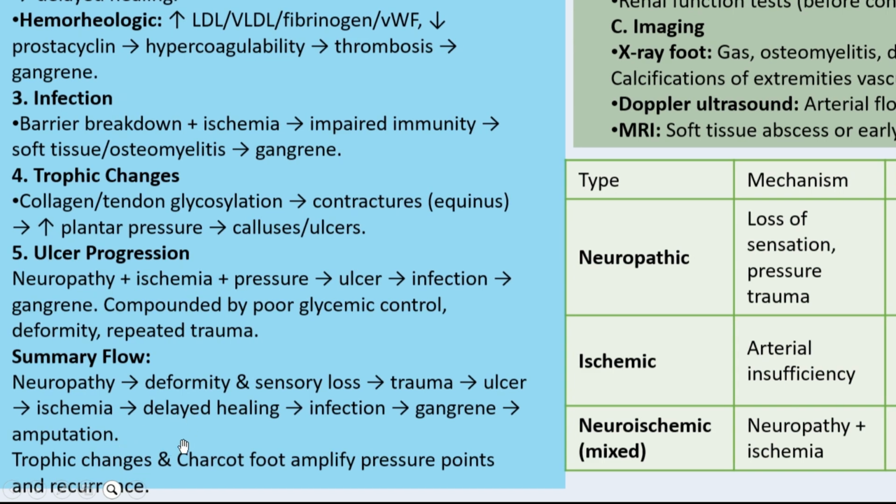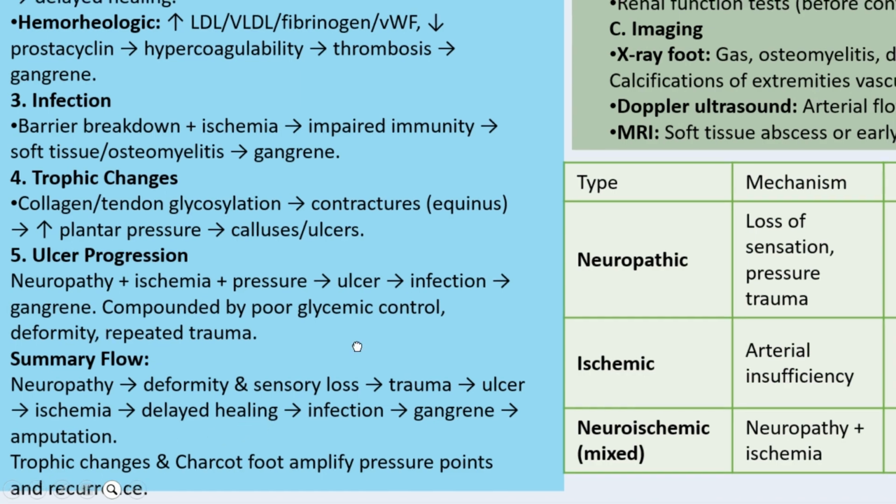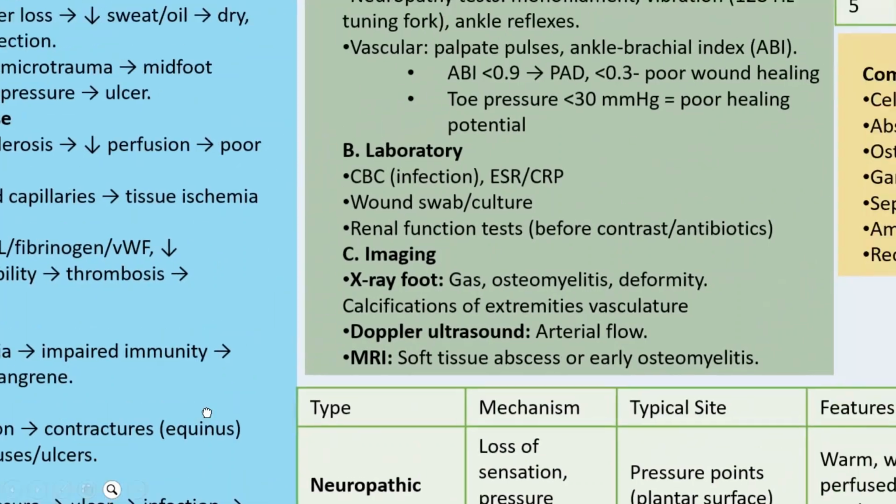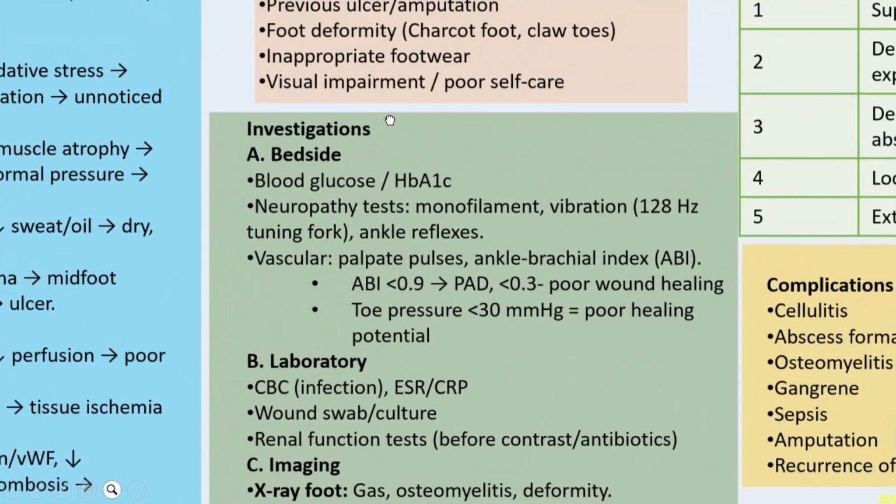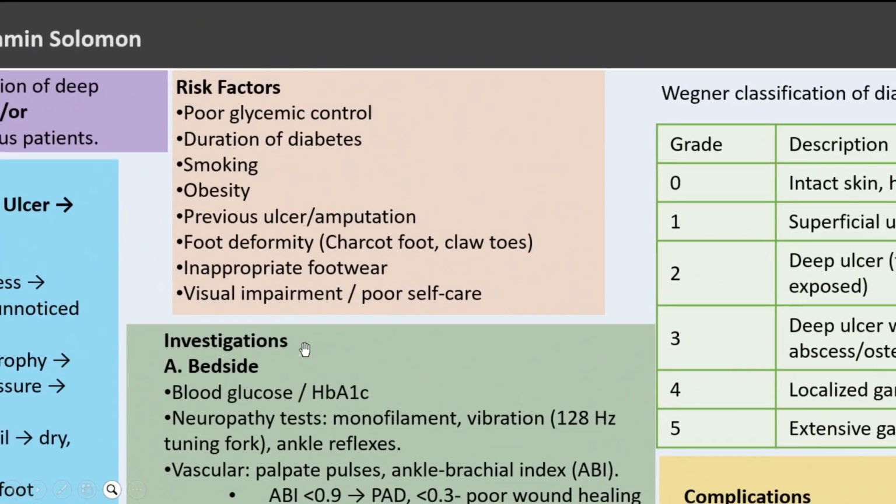So, the trophic changes in Charcot foot are going to amplify pressure points because they're going to change the way the foot is oriented. And that is going to create new pressure points and the recurrence of the ulcer. So most of the time, we may need to actually change or undo these deformities so that we don't have